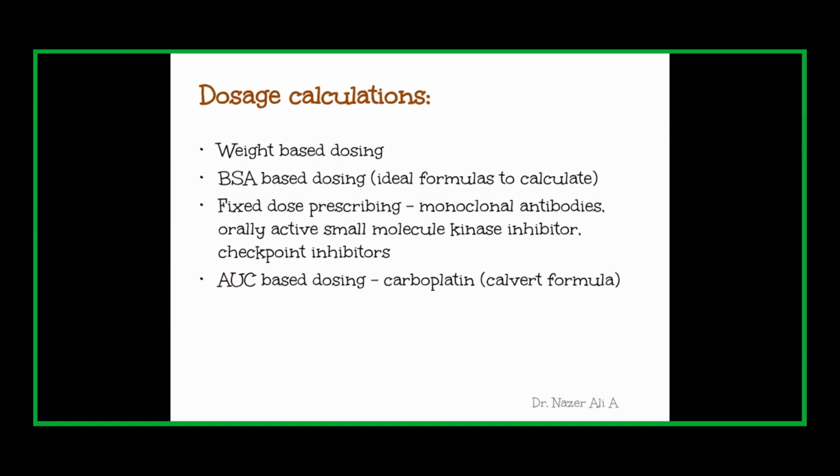We have to get the patient's height and weight. With that, we calculate the body surface area, and if it is 375 mg per meter square, we calculate for the patient's body surface area how much dose is to be given. If any dose adjustment is to be made, that adjustment has to be made, and whatever the final value comes to, we can have a plus or minus 10% variance. It is not acceptable to give a fractional dose. If it is fractional, it is acceptable to make it the nearest integer. If it is 53, it is acceptable to make it 55 or 50.